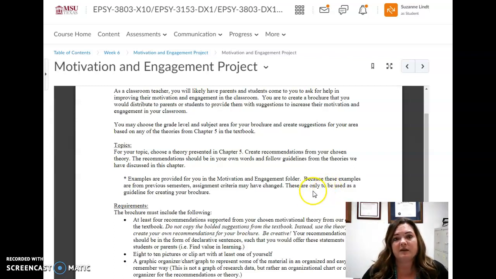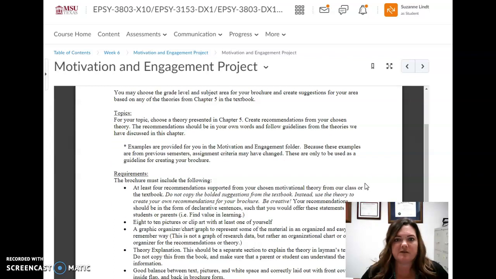But I want you to make it so that if I were to print it, it would print out like a regular brochure. So you can do it in Word, you can do it as a Google Doc, you can do it in Publisher if you have Microsoft Publisher or are able to get to campus to use the version here. It doesn't matter what you use, but just make sure that it is a PDF, because the formatting might be messed up, or it may be difficult for me to read. So just make sure that you submit the final one in a PDF